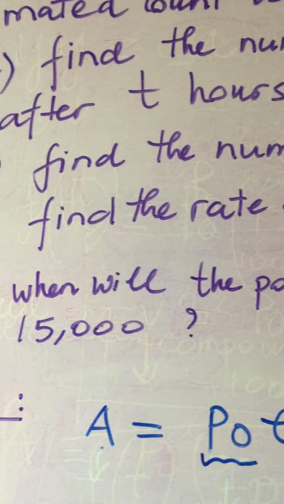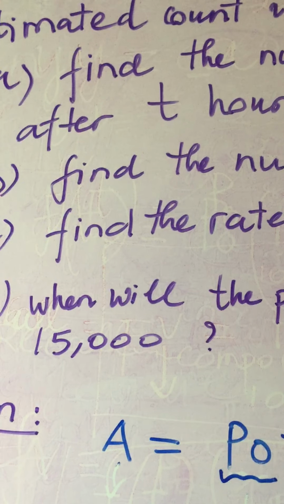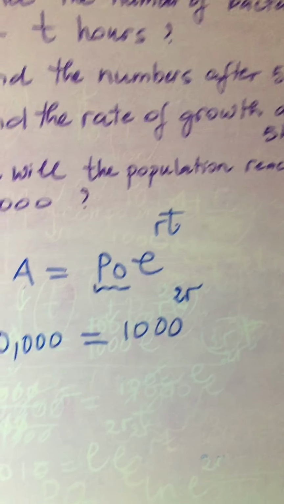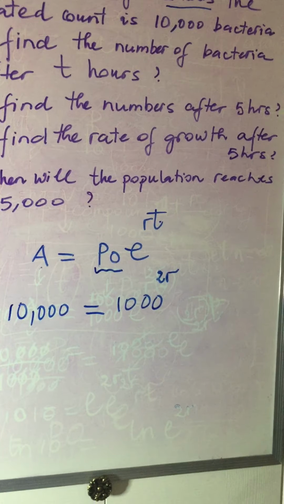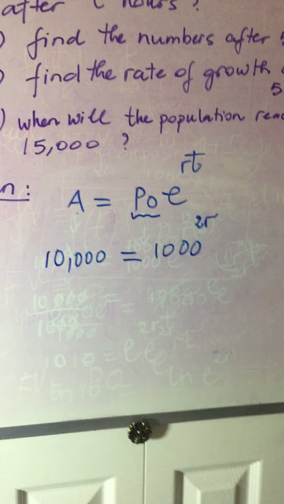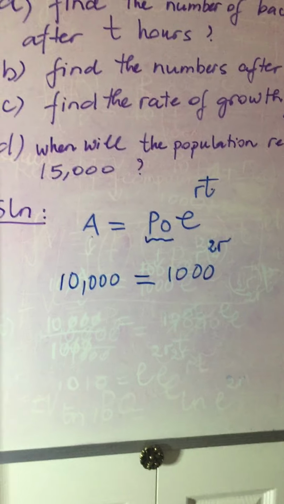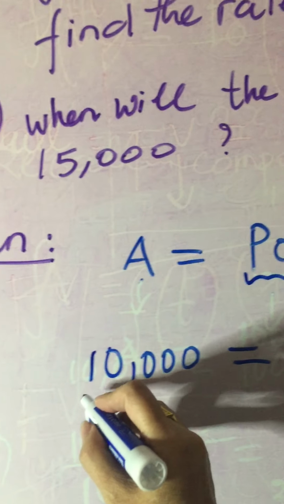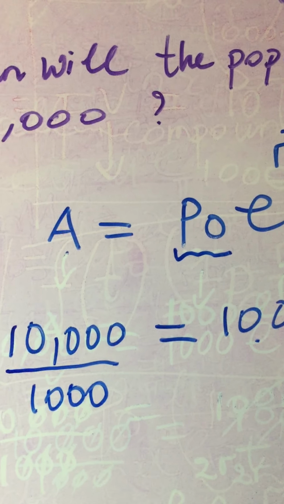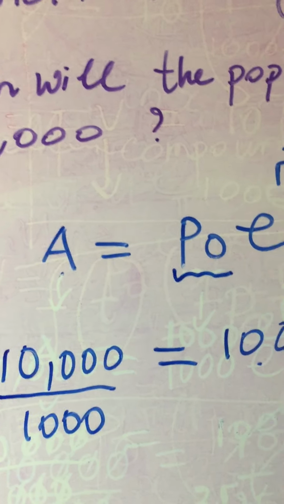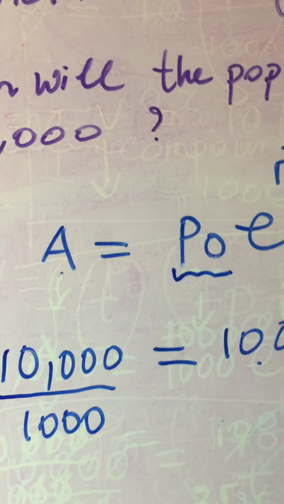So I substitute t by 2. Now this equation has one unknown, which is the rate, the r. We want to find out r. So how do we solve this equation? First of all, let me divide both sides by 1,000. Actually, I'm missing the e here. It should be e to the 2r. So if I divide, the zeros are gone, this is gone. So I have 10 equals